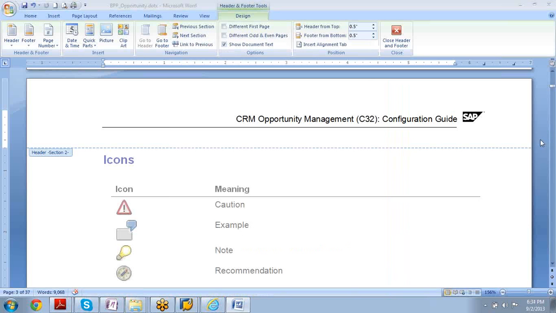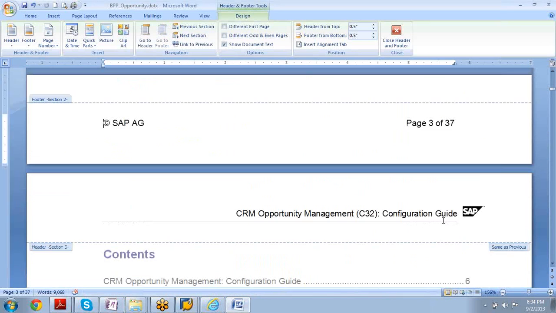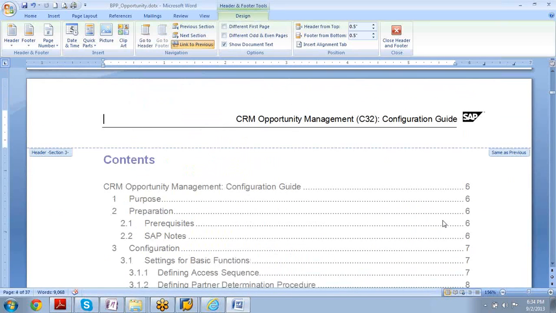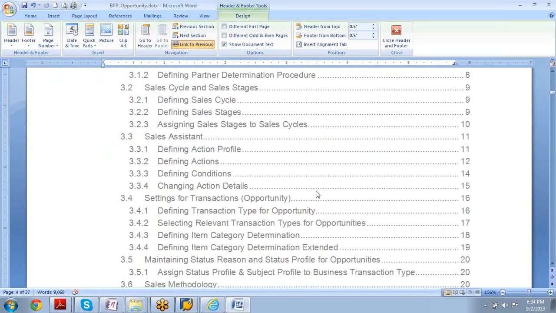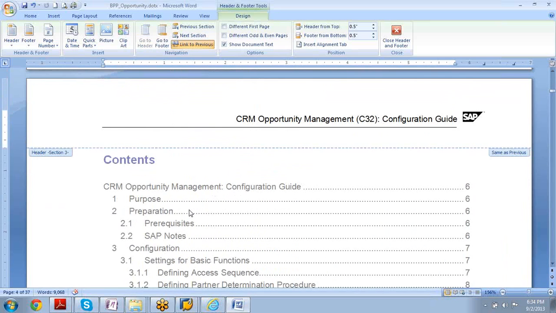If you can see here, this is for opportunity management. It is only a standard document I'm showing in a project. Can you see this? What are the prerequisites? What is the purpose of doing opportunity management?